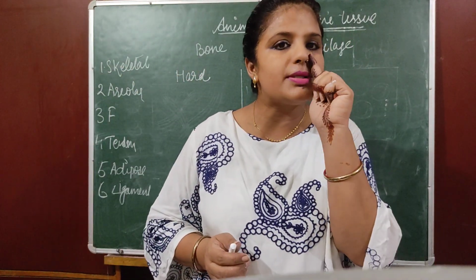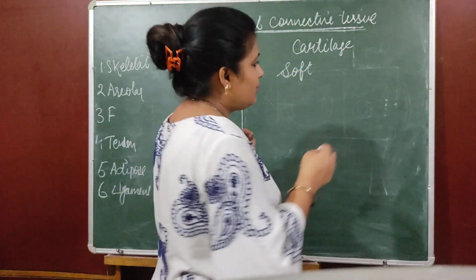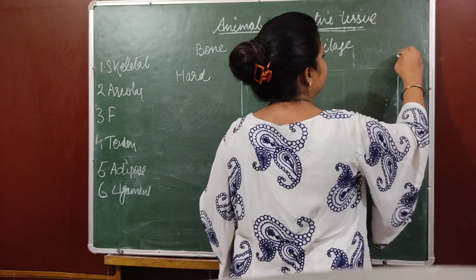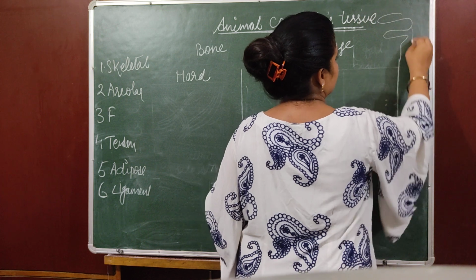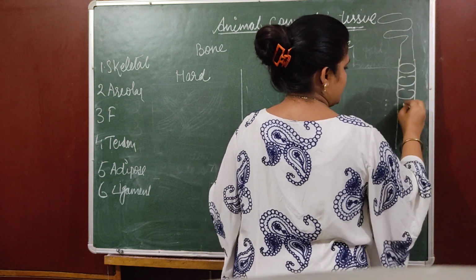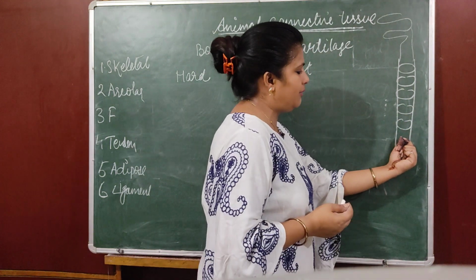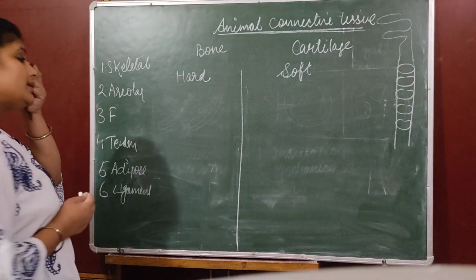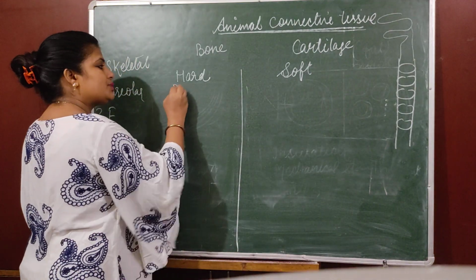Cartilage, the nose tip is made up of cartilage, the ear pinna is made of cartilage. Even in your trachea, here we have C-shaped cartilage rings to prevent them from collapsing, so that they do not stick together. So bone is comparatively hard, cartilage is comparatively soft, bone is porous